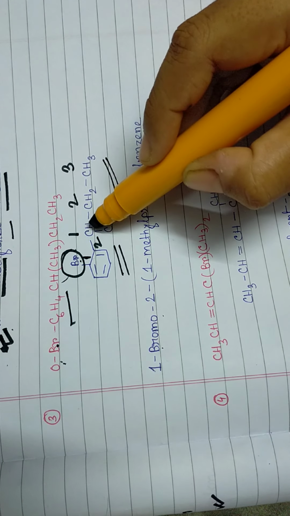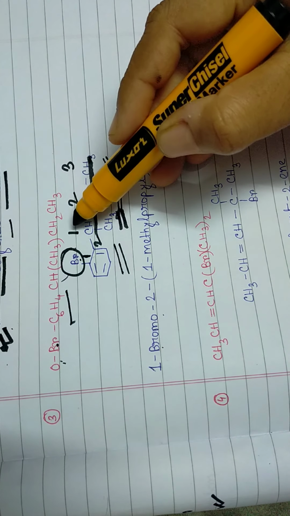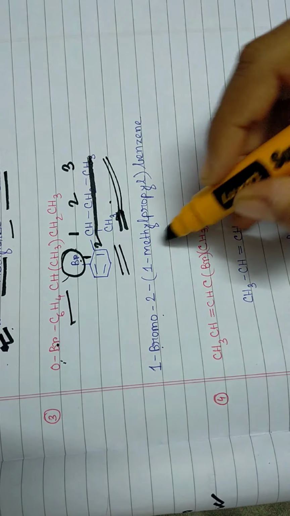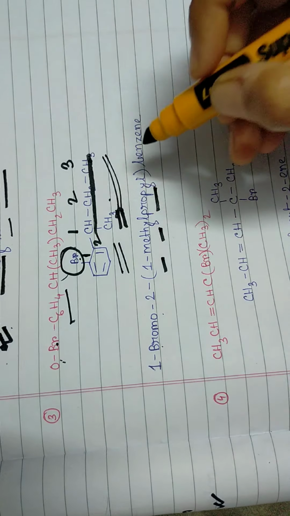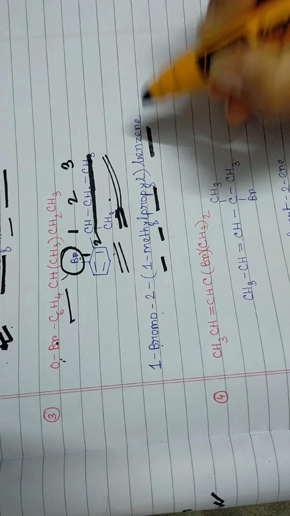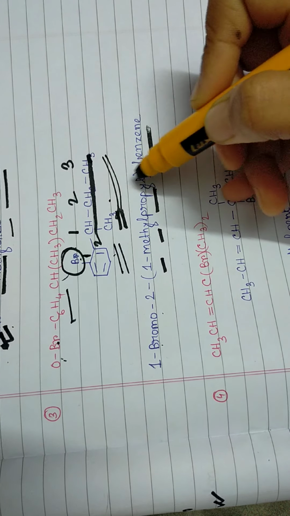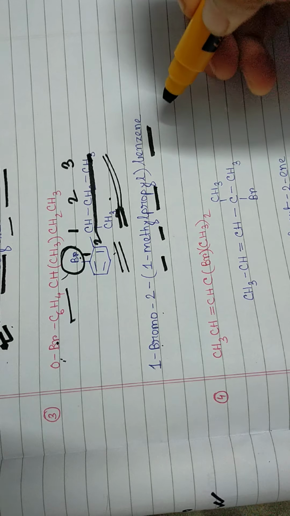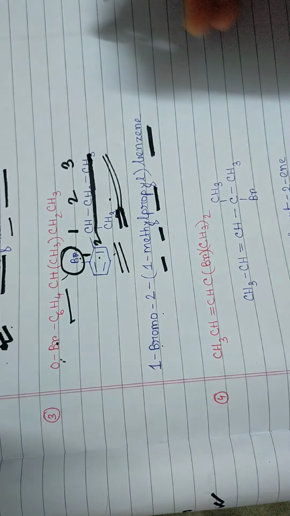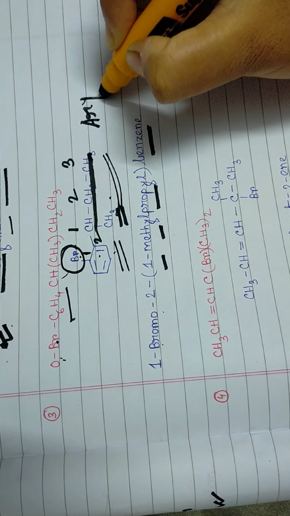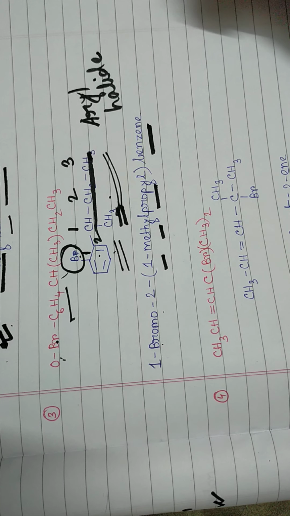This long chain, that means the 3 carbon long chain, is the side group. In one carbon there is a methyl, so 1-methyl. Since there are 3 carbons, it is propyl, and the main chain is benzene, so at last it will be benzene, and all the rules are followed, like hyphens, brackets and all that. Now if we try to classify this, we can see the halogen is directly bonded to benzene. So this will again be an example of an aryl halide or haloarene.